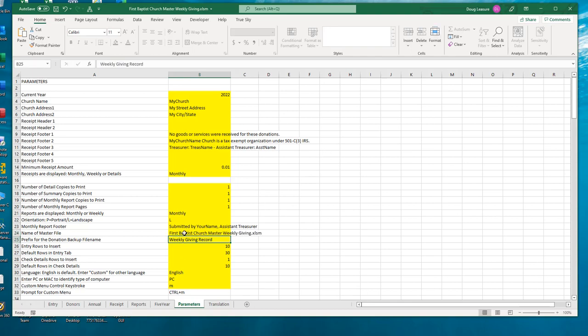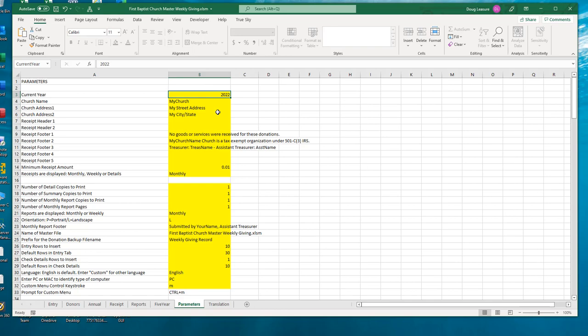Okay, so it's very important that the name of the Excel file and this parameter for the name of the Excel file match exactly. So that's the first step. The next thing we're going to do is come back to here, start at the top again,